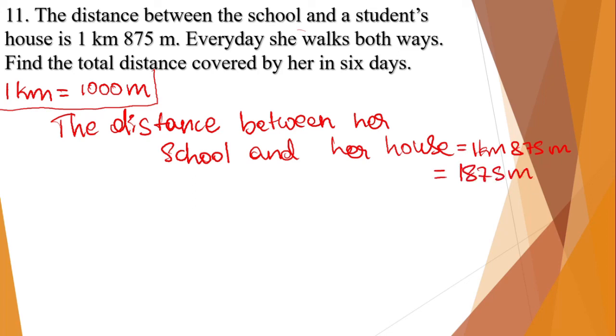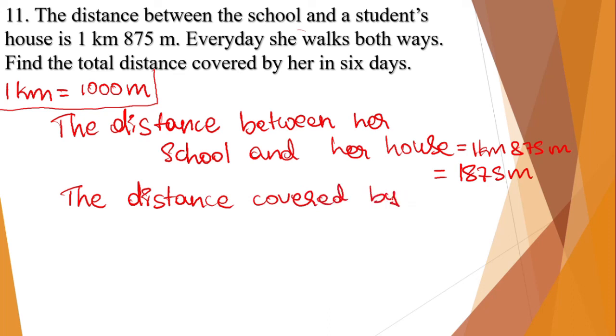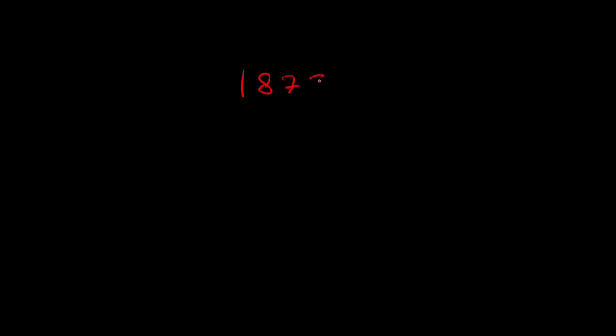Now this is for one way. Now if we multiply it with 2, we will get for one day. So the distance covered by her in one day will be, so to find out that, we will do 1875 multiplied by 2. So 1875 multiplied by 2 will be,